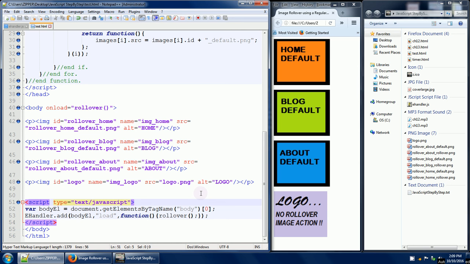Script type equals text/JavaScript. That's your opening script tag. And we have var bodyEl, for body element, equals document.getElementsByTagName, body in parentheses and double quotes, and then this 0 in the straight brackets, and then your ending semicolon. And line 53, ehandler.add, bodyEl, which you created here, comma, load in double quotes, comma, function, and in curly braces, you're calling the